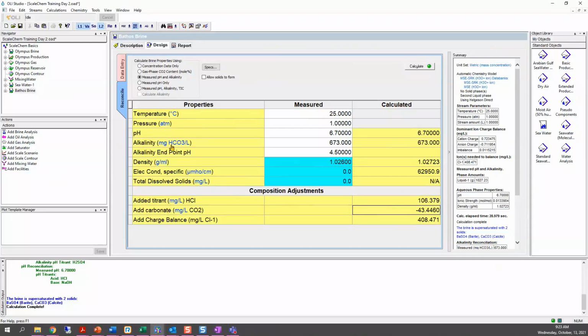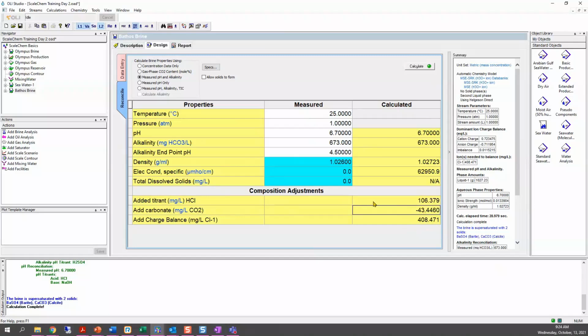to match this bicarbonate value to 673, what the software is saying is that it added, in this case removed, because we have a negative value here, it removed a total amount of CO2 from solution, right, of 43.4 milligrams per liter.